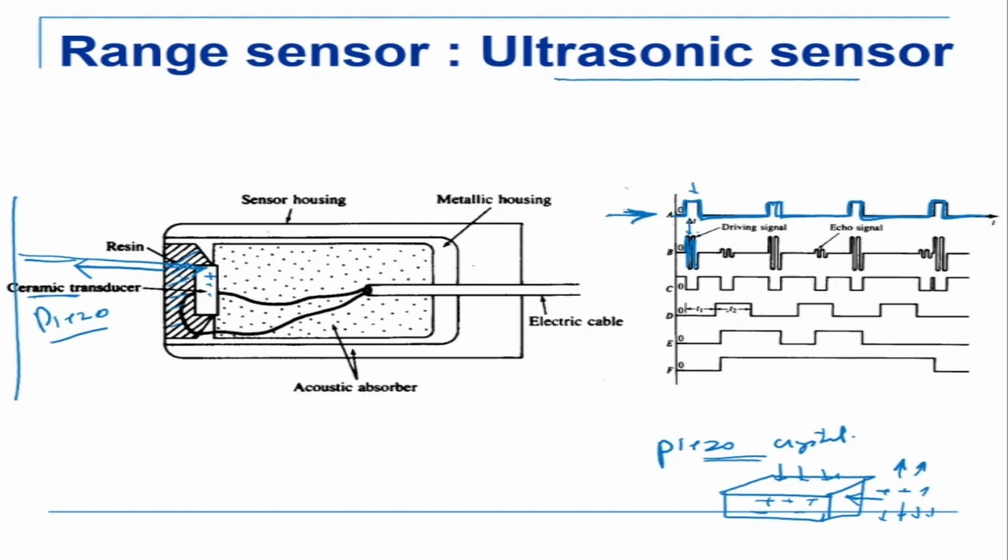Now if it comes back, you are sensing that the wave, once it hits the crystal, generates a small charge. So again, a wave goes out, it hits something, comes back, and a small charge is generated. If you know the time interval between these, and you know the velocity of sound in air, then we know the distance of the object that it has hit and come back from. So this is a very simple sensor called an ultrasonic sensor, which is very commonly used in robotics, especially in mobile robotics.